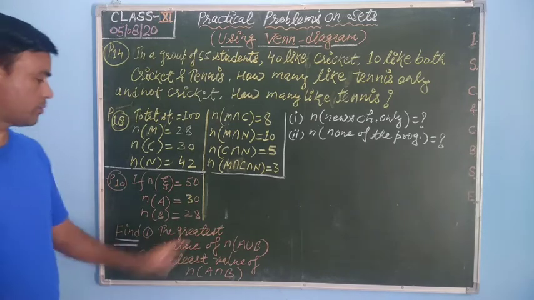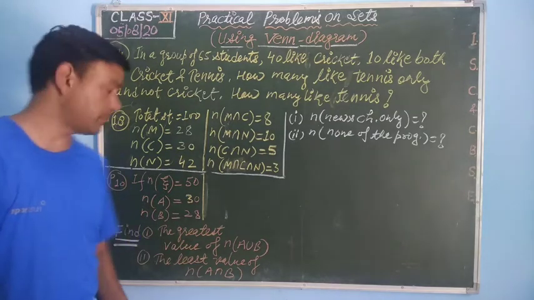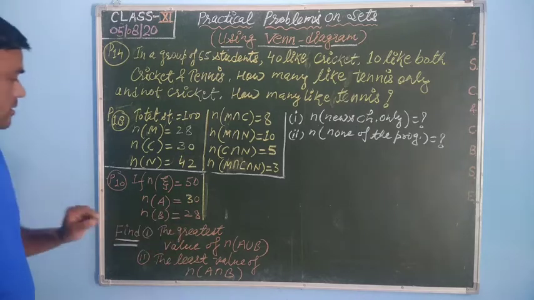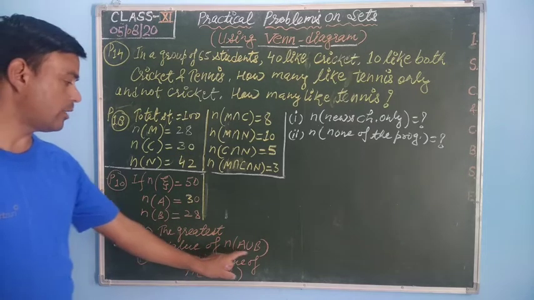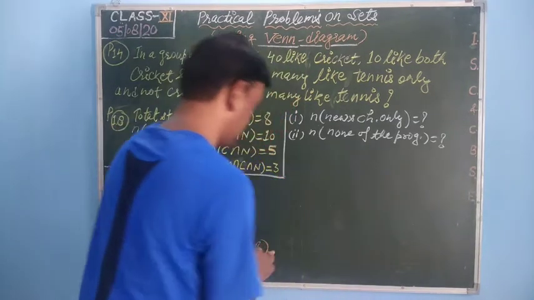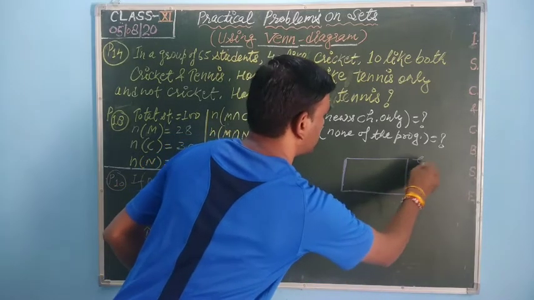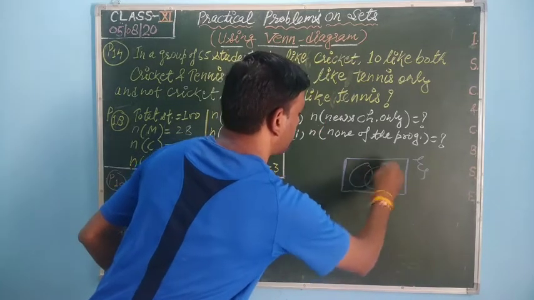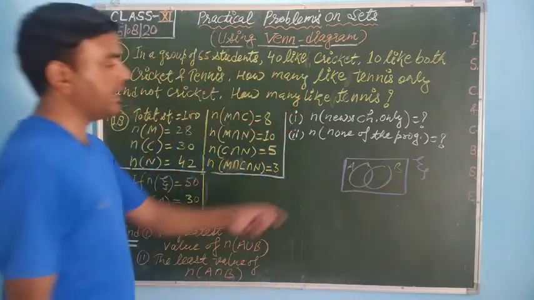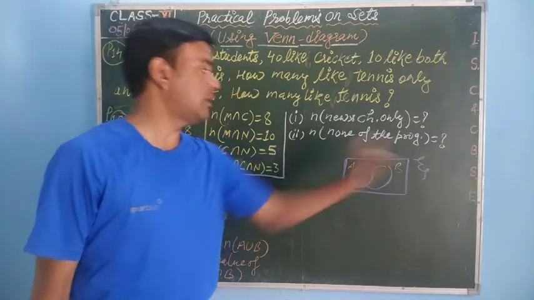So first we will take this problem here. Actually, student, greatest or least values may be asked in your exam. This is a key question. For finding the greatest value of n(A union B), if we have a Venn diagram like this, and this is the universal set, and sets A and B are like this, this is A and this is B, then A union B may be equal to the universal set or less than that.